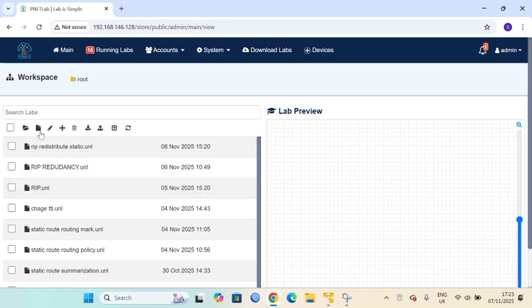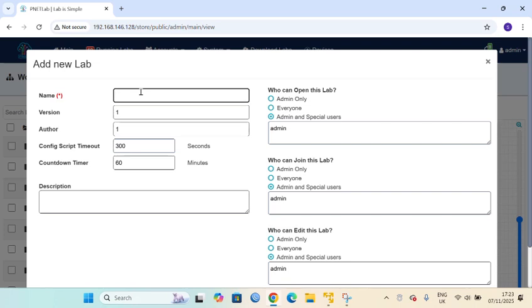We will make a new lab and we write RIP authentication.